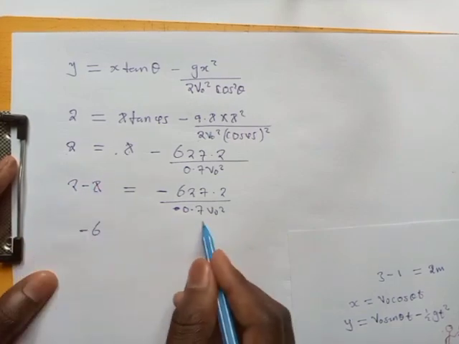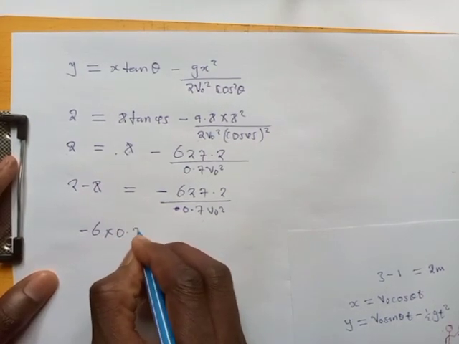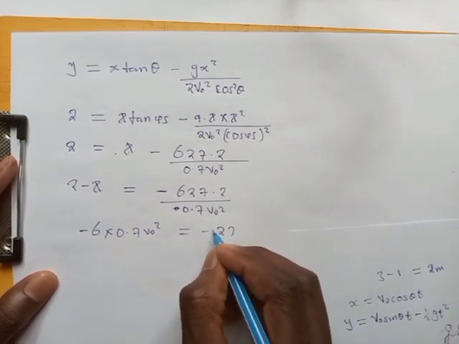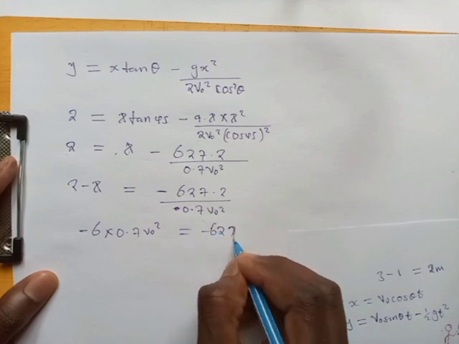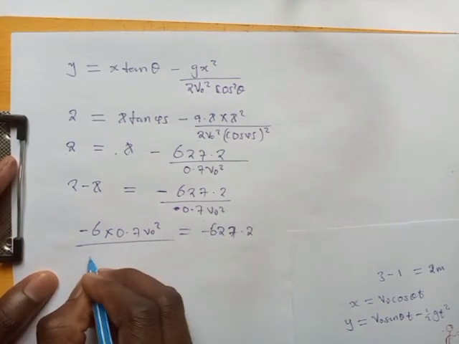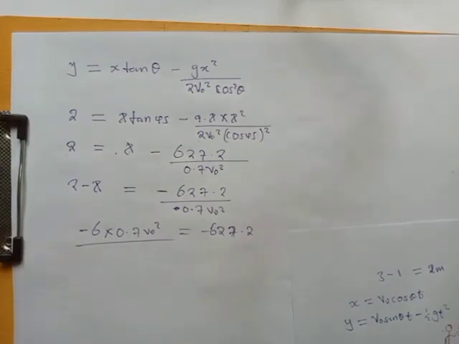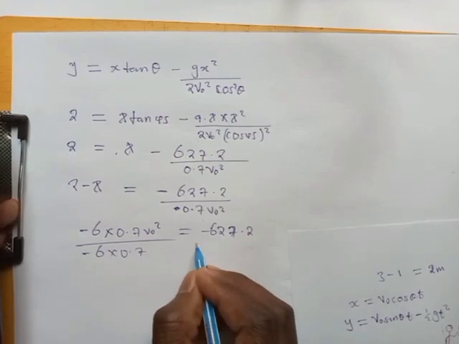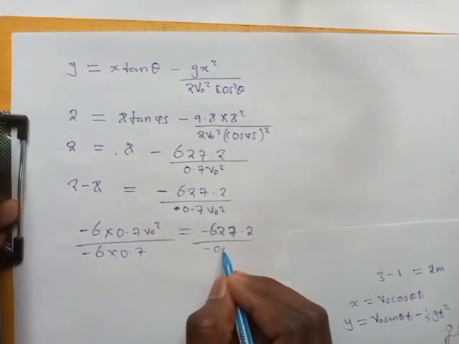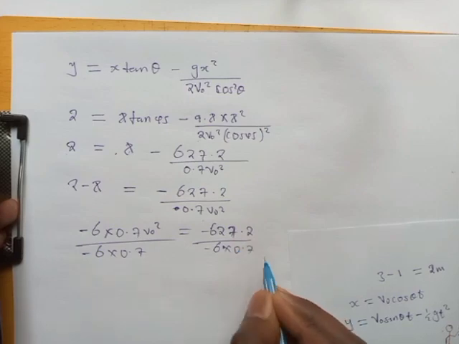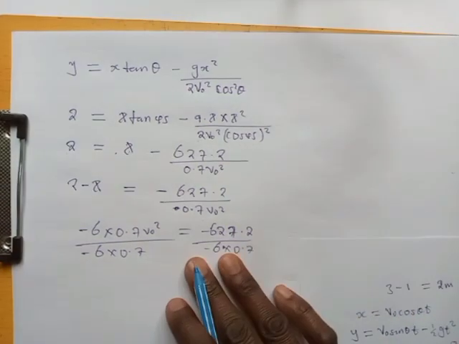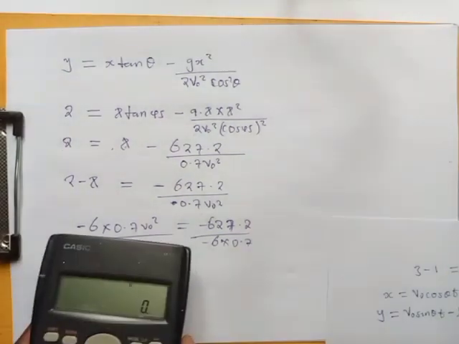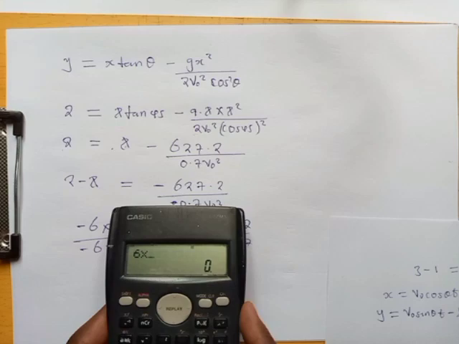So just multiply negative 6 by 0.7 v initial squared, equal to negative 627.2. The division has to go like this: negative 6 multiplied by 0.7. It's just one and the same thing, even if you use the other method that you can also understand. So if we multiply the down part here, 6 multiplied by 0.7,